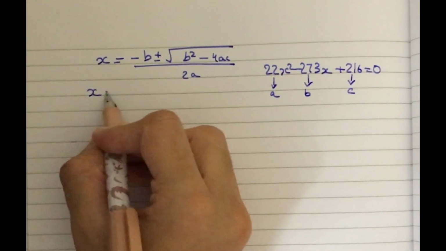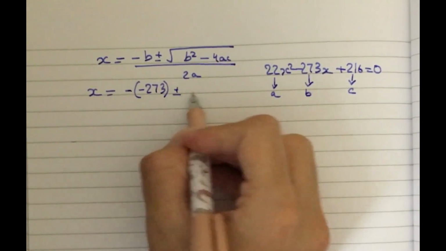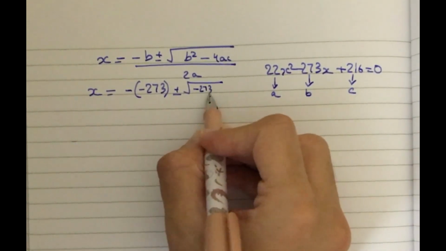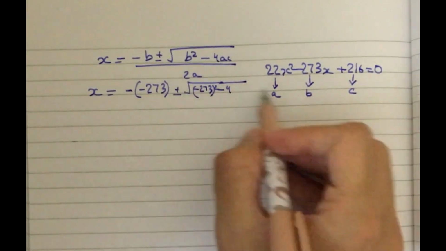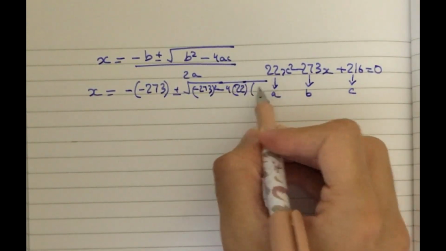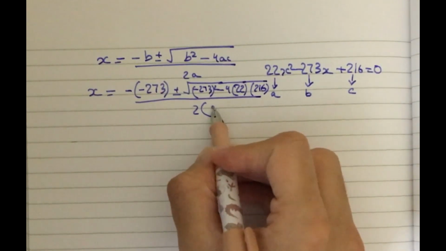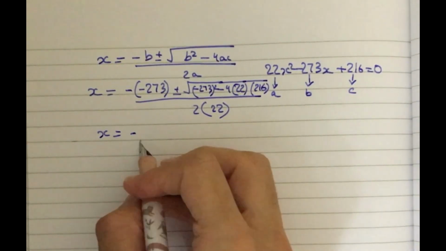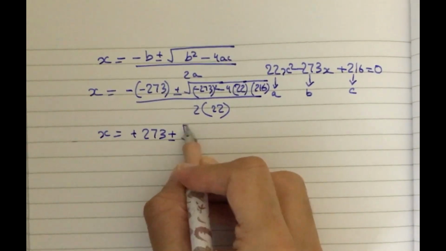So my x is equal to −(−273) ± √((−273)² − 4 × 22 × 216), and then I divide the whole thing by 2 times the a, which is 22. So I get this as basically positive 273, plus or minus,